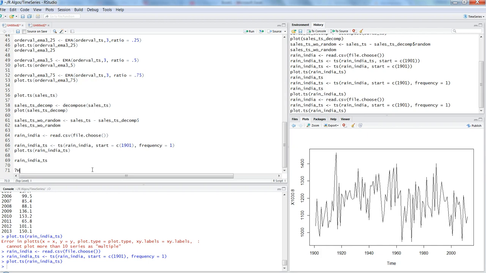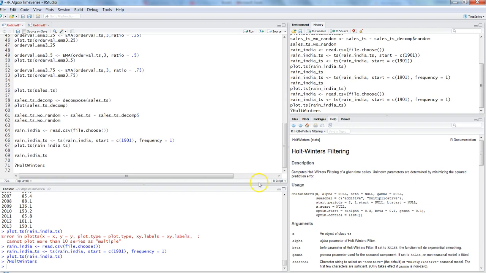So let me quickly check HoltWinters, control enter. It is present in the stats package, so it should be available by default. So let's go ahead and see the data, rain_India_TS,